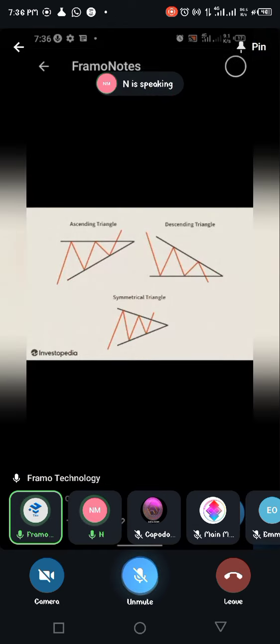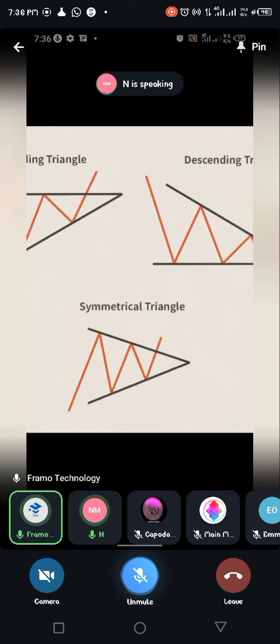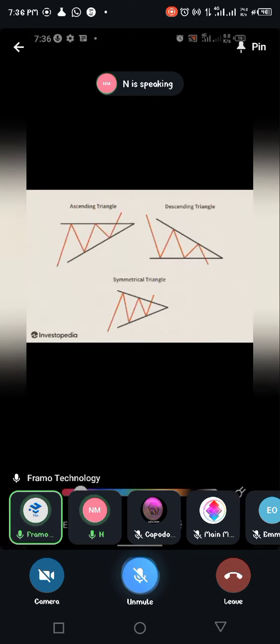So in this scenario, it can serve as either a reversal pattern or a continuation pattern. So the same way like how we traded the ascending and descending. In this case, with the symmetrical triangle, let's say the asset is moving up, and it started consolidating in this way. If you are looking for a continuation and it breaks out to continue, you bring your